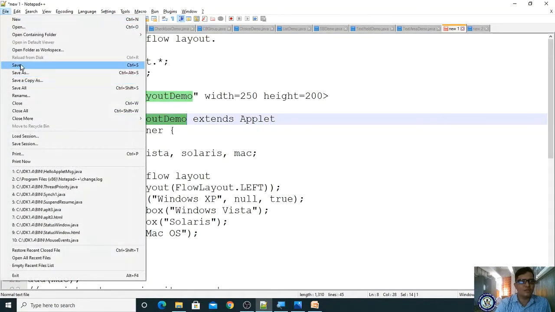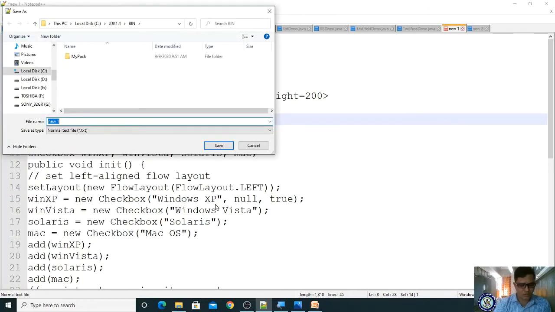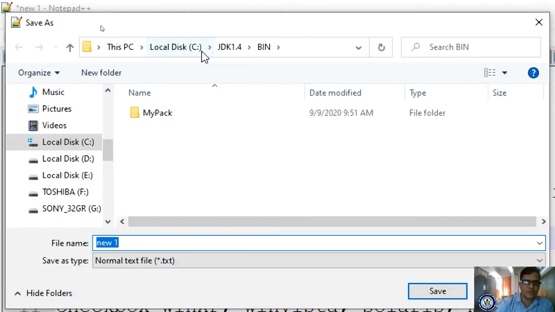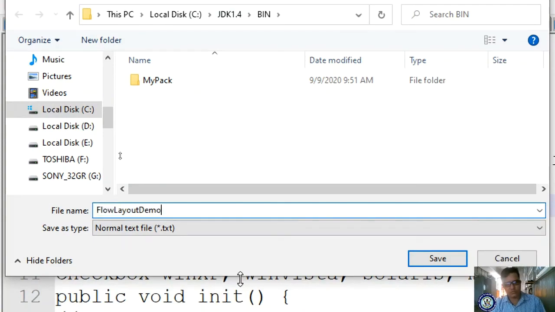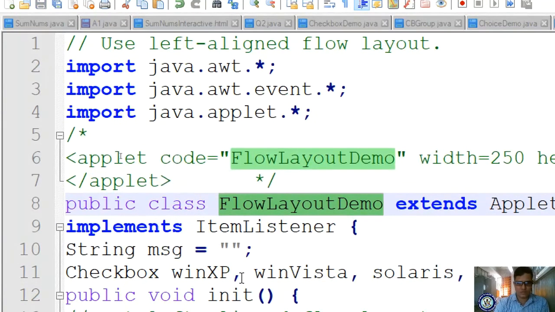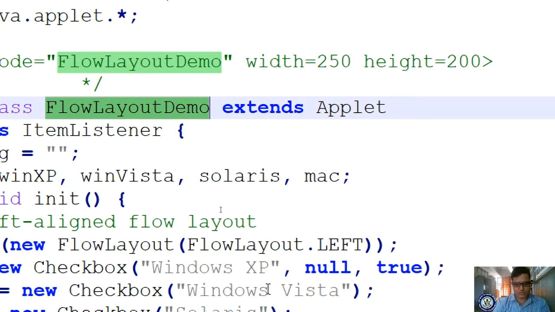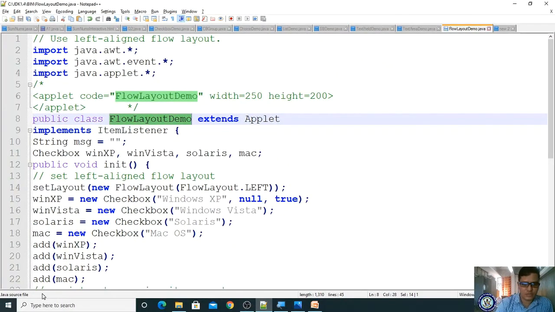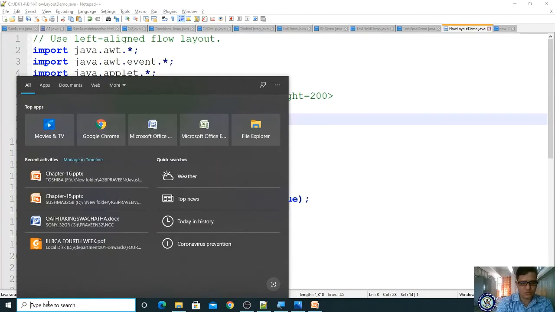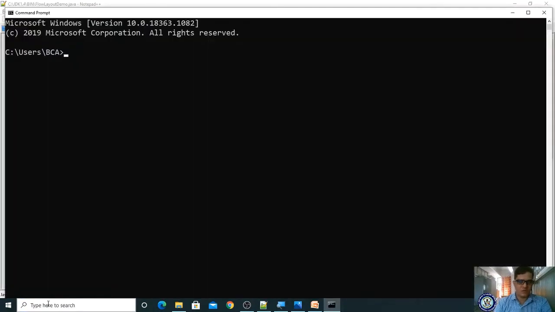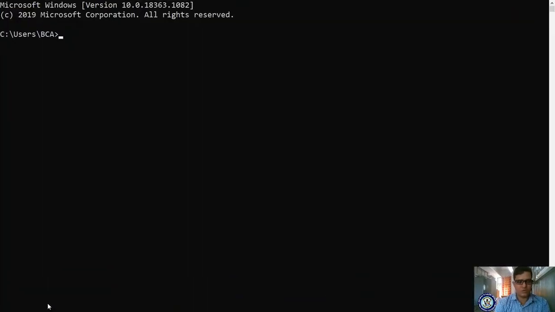File, save, and we have to ensure that we are saving in JDK 1.4 .java. Save it, reduce the screen size, move to the command prompt and log out from the default directory.